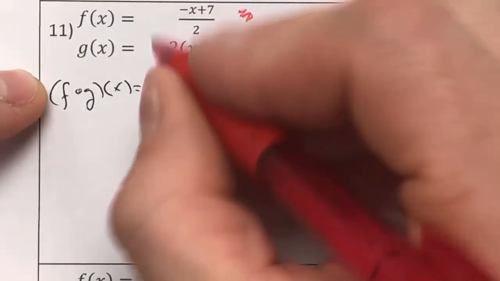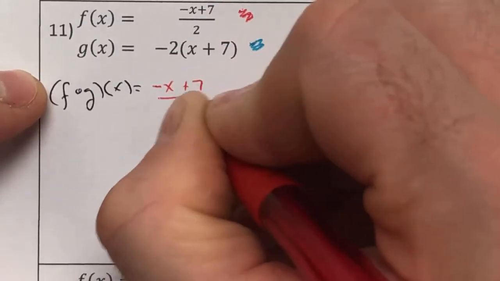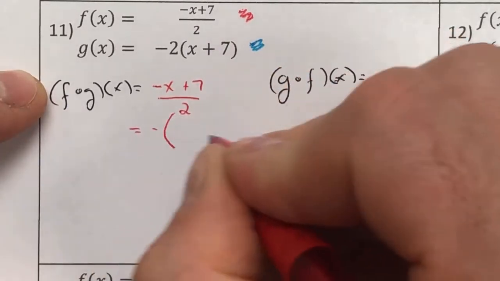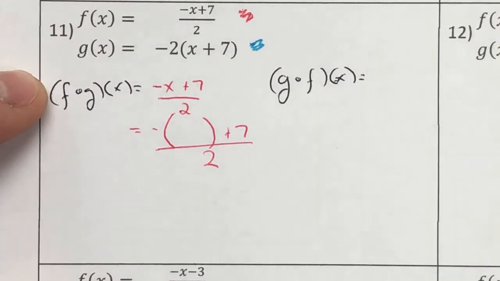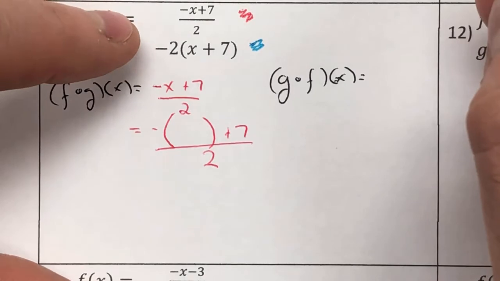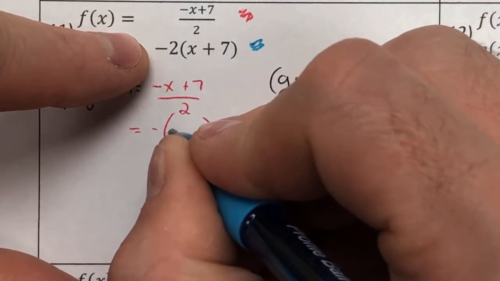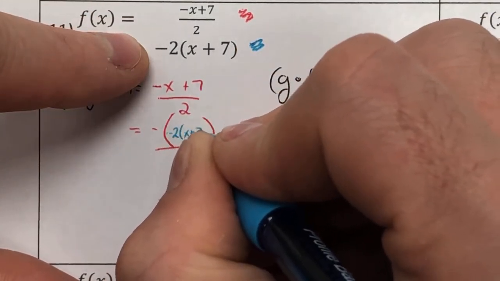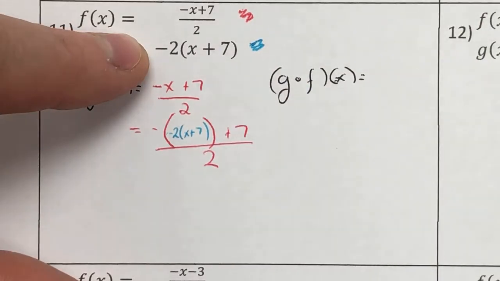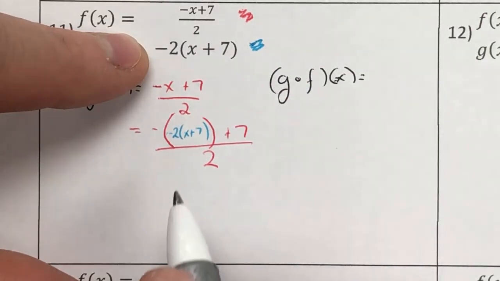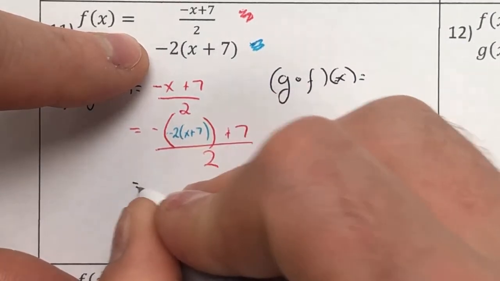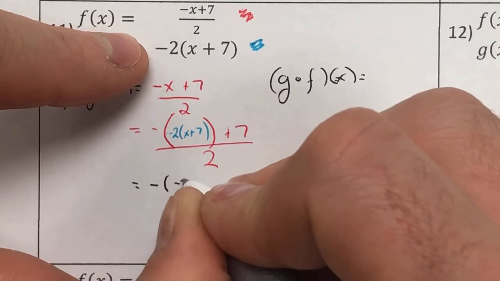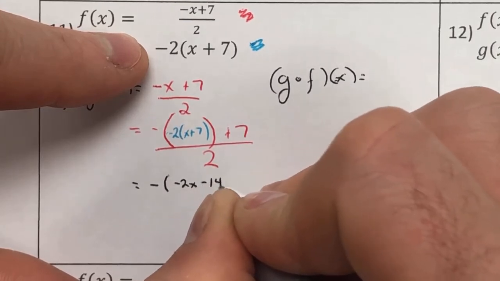I'm going to take my f and say negative x plus 7 over 2, which is negative this thing plus 7 over 2. I don't know why I made my parentheses taller and not wider, but we'll go with it. So I'm plugging in g, so negative 2x plus 7. Okay. So if I work my way out slowly, the x plus 7, I have to distribute the negative 2. So negative 2x minus 14